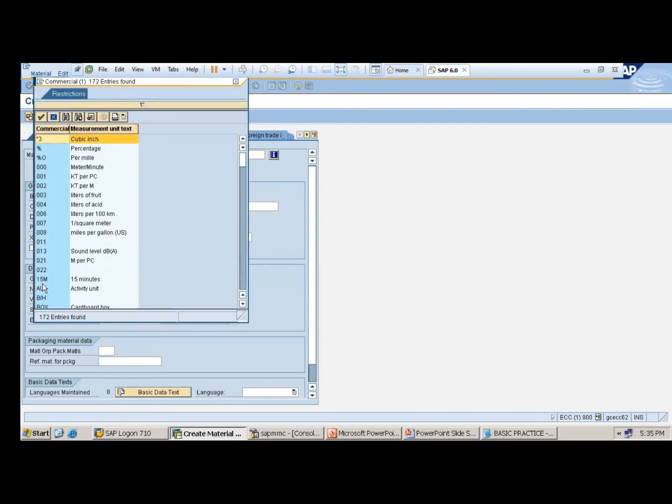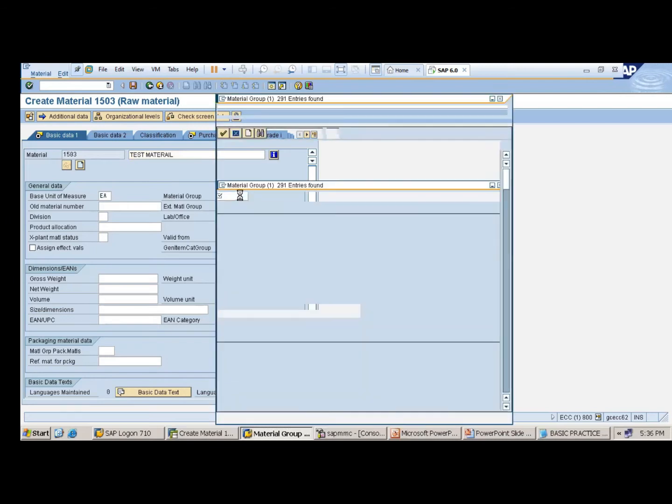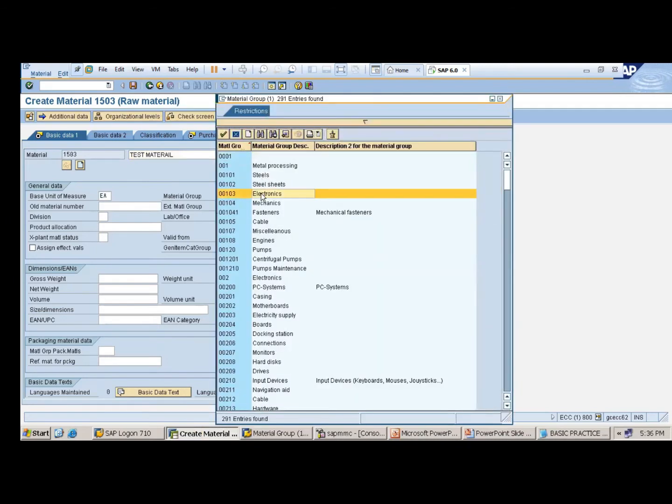These are all the base units of measure. Okay, I can take each. Then material group. What kind of material it may be? Whether plastic, electronic, steel, pumps, engine, or what? You have to choose the respective one.